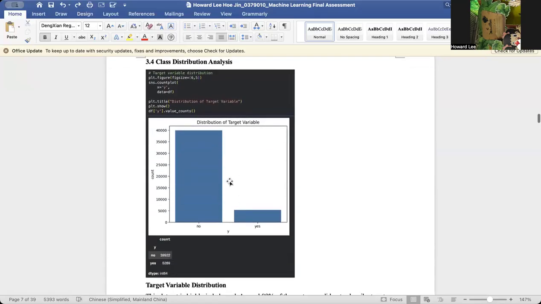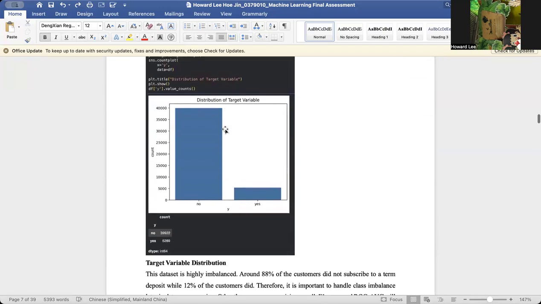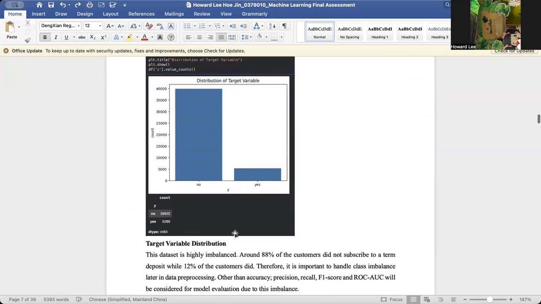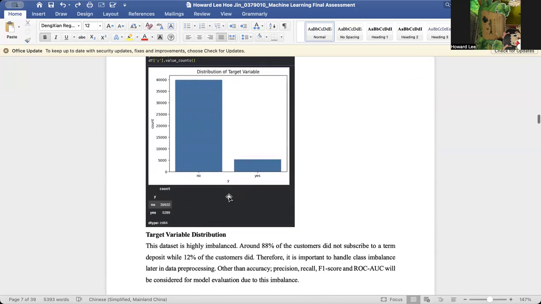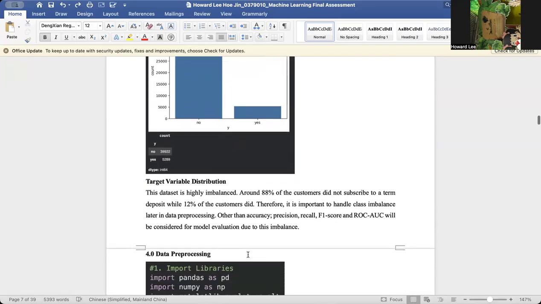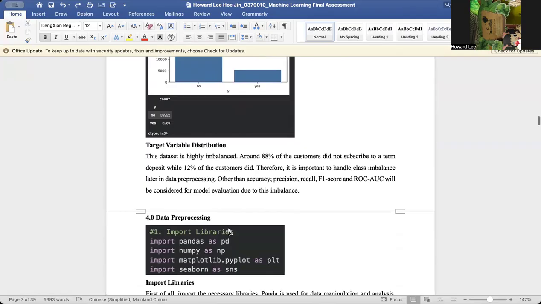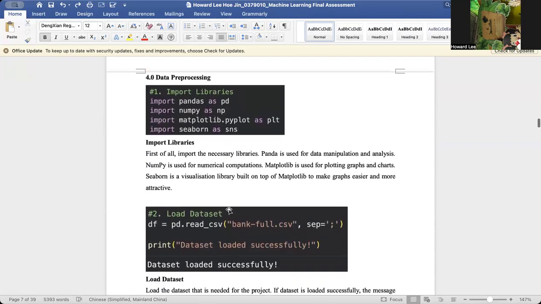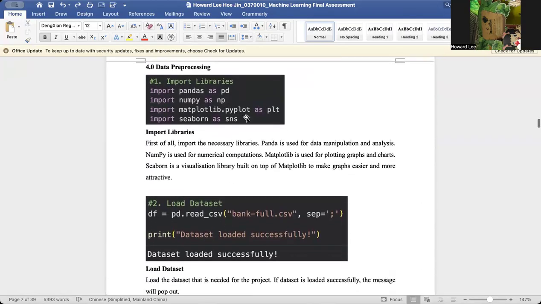Next is the class distribution analysis. We can see the target variable is really imbalanced. So other than accuracy, precision, recall, F1 score, and area under curve will also need to be considered for model evaluation.